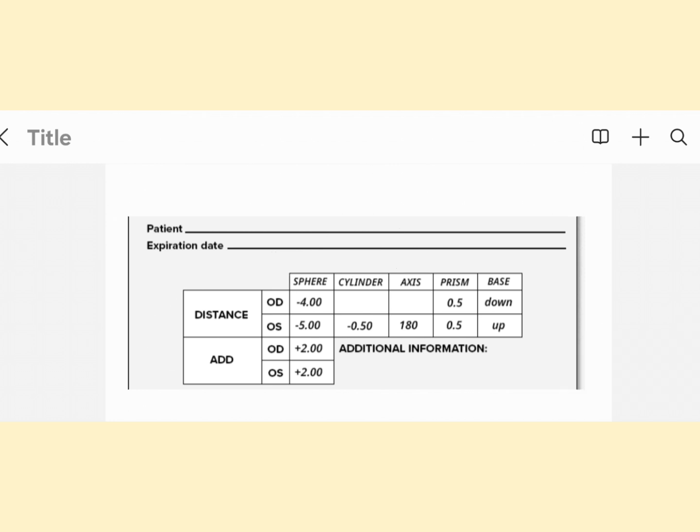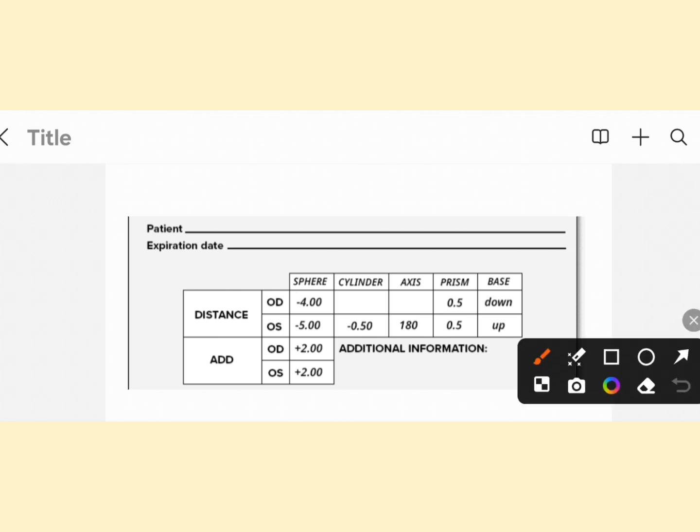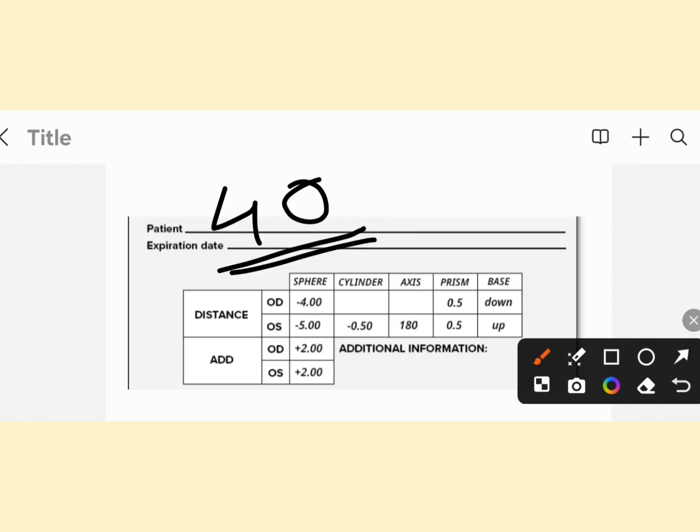After a certain age, like at the age of 40, we all sometimes have difficulty reading at near, which is known as presbyopia. If you have presbyopia, you need near correction. If you have minus power in your eye, like suppose -2 for distance, then even if you are 40 or 43, you will have less difficulty seeing at near, because you are myopic and your eye does not need to accommodate as much to see near, because the light rays are already getting focused in front of the retina.